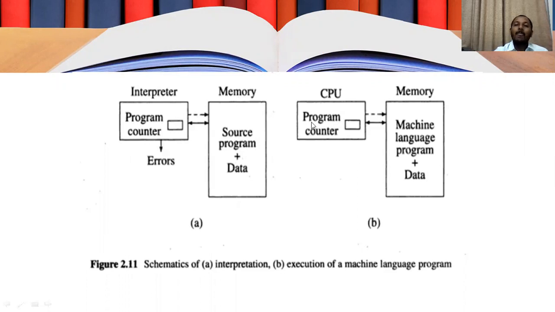So what is the program counter? The program counter is the number given to each and every statement in the program. We call it PC. PC will keep track of the number of instructions executed, and PC will also keep track of the erroneous instruction. I repeat this particular thing. Suppose we have instructions from 1 to 10, and if there is an error at line number 5, it will wait for that error at line number 5 to be removed, then it will start executing line numbers 6, 7, 8, 9, and 10. So this is how interpretation will go.